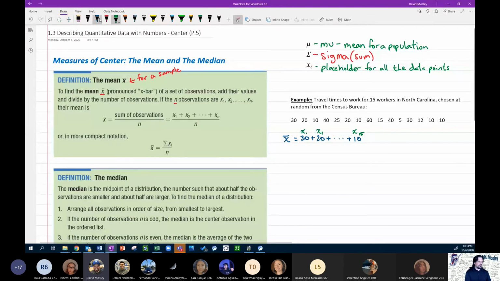And then we would divide all of this by 15, in which case 15 is n, because I have 15 numbers. There's 15 items in my sample. All right, so this is kind of how the notation connects up to this as an example. Now again, like I said, I'm not going to do this because if I just find this number, it's a one-off. I don't get to use any of that data somewhere else in my calculator. So what we want to do,